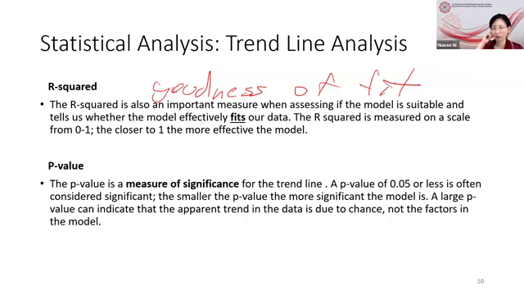So usually we will use the threshold of 0.05 or less to be considered significant. And the smaller, the better, right? The smaller, the more significant the model is. So if we have a large p-value, it indicates that the trend we get from the trend line may actually be by chance, not the factors in the model. So p-value is like